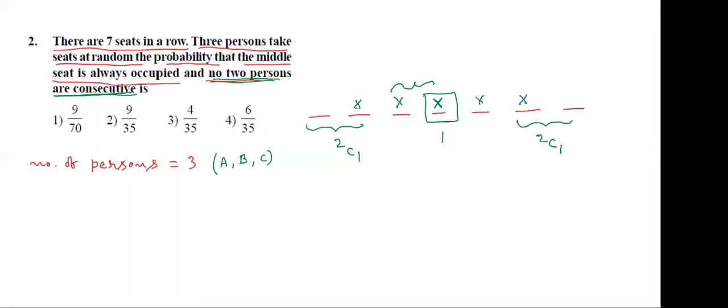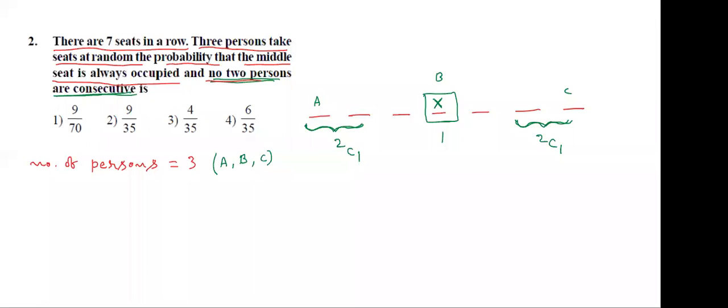Don't fill here. These 2 persons are consecutive. Okay. Now finally, here there are 2 chances. Last 2 places, 2 chances out of 2, can be filled one. Here out of 2 can be filled one. This is only selection. For suppose here you have taken A, here B, here C.